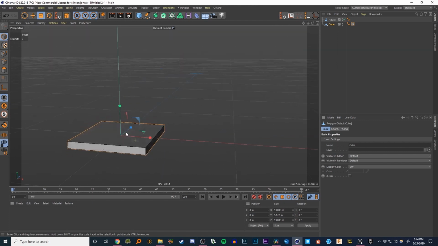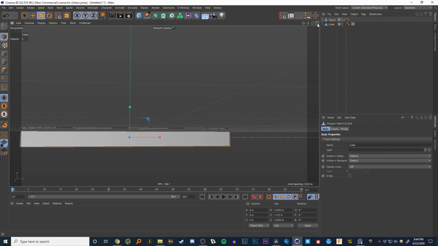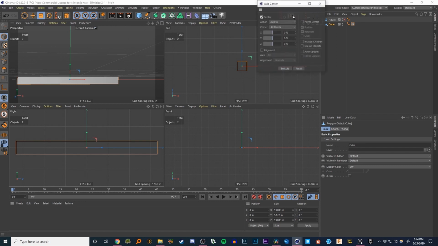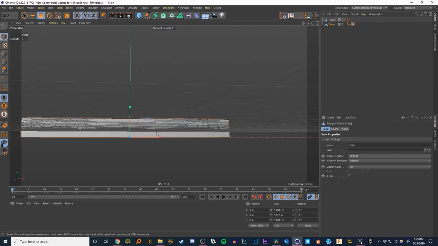And now here is a great little tip. You can see that the anchor point is right in the middle of this cube, right? But we want the anchor point to be at the bottom. So that's why we have this handy tool here, the Axis Center tool. We're going to take the Y-axis and slide it all the way down to the furthest point on the bottom here. So it's -Y. We'll hit execute, and you're going to see that anchor point just snap right to the bottom. That way, when you're in model mode, you can just set Y to 0, and